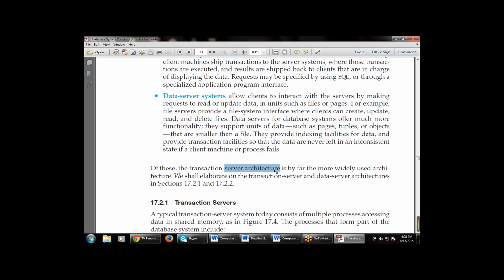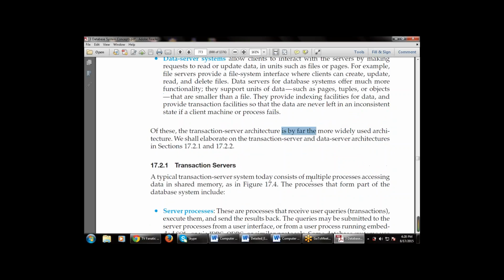Of these, the transaction server architecture is the most widely used architecture available. The next is the transaction server, a system that uses multiprocessing and handles data in shared memory. The processes that form part of the database system include the server processes,